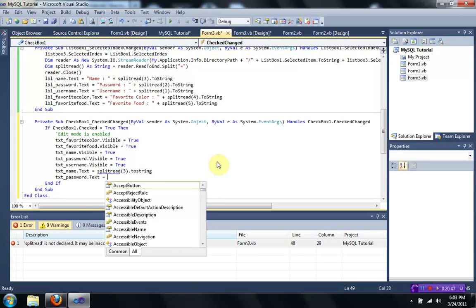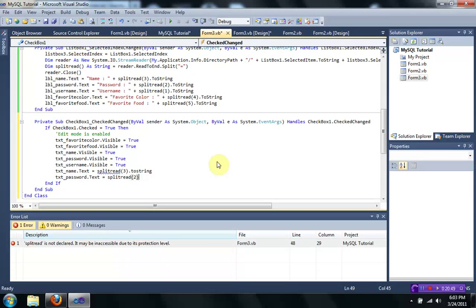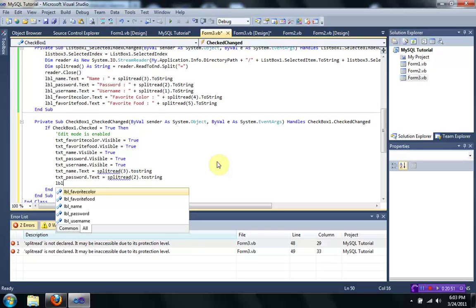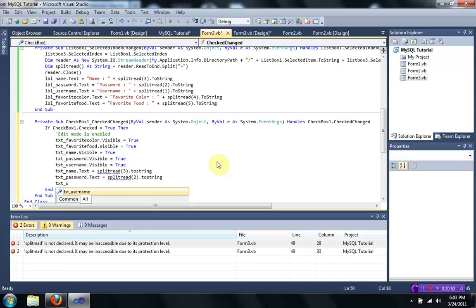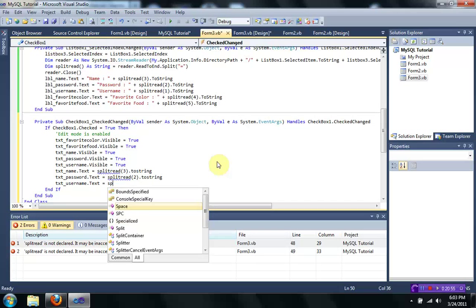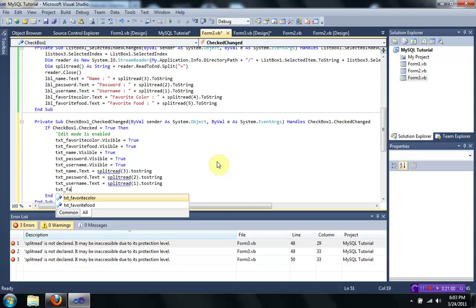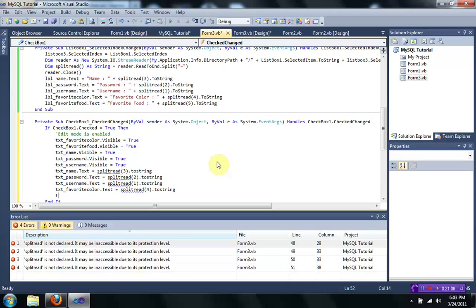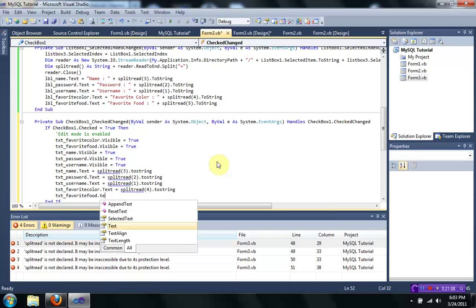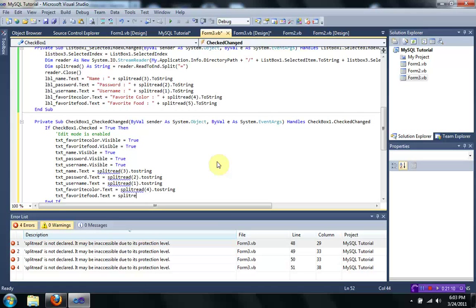Txt username.text is going to be split read 1.toString. Txt favorite color.text is going to be split read 4.toString. And txt favorite food.text is going to be split read 5.toString. So now that that's done, as you notice, we have an error on every single one of the split reads,